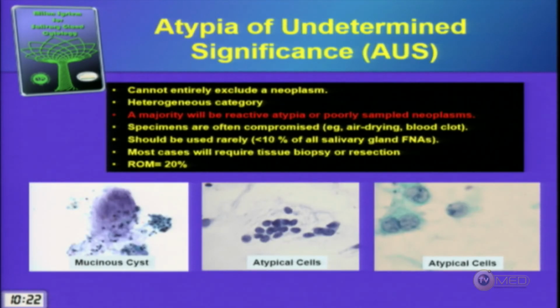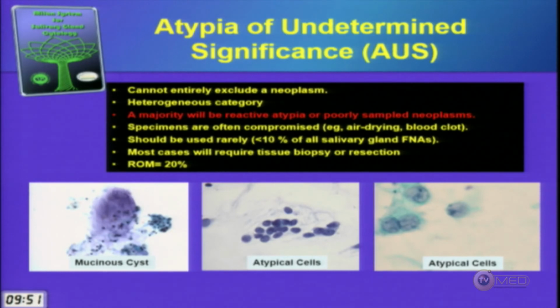Okay, the atypical category. We felt that we needed an atypical category. We're using the same term that was used in the thyroid Bethesda system. So this is for those samples, and this should be used rarely. It's for those samples where you may have just a little bit of atypia present. You're not sure if it's even a neoplasm, but there's enough atypia or enough atypical features that you don't want to call it